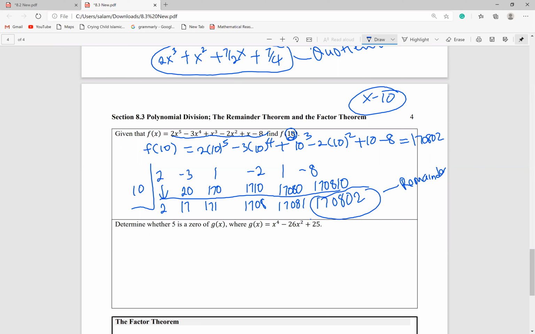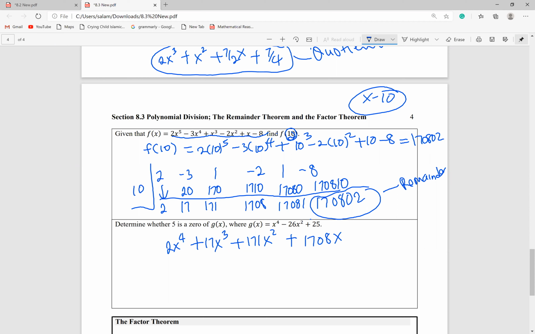Okay. So that's exactly our remainder. Like I say, you're not asked to find the quotient here, but we can write that down. So simply, this is x to the 5th power. Our answer has to be reduced by 1. So we're going to have this to be 2x to the 4th power plus 17x cubed plus 171x squared plus